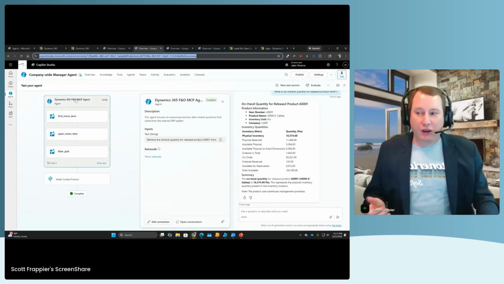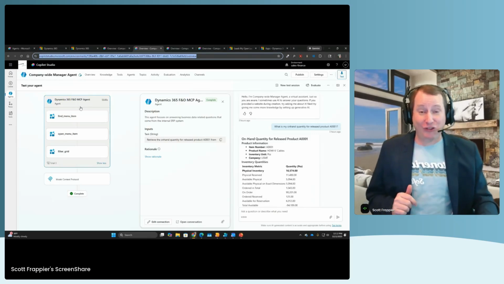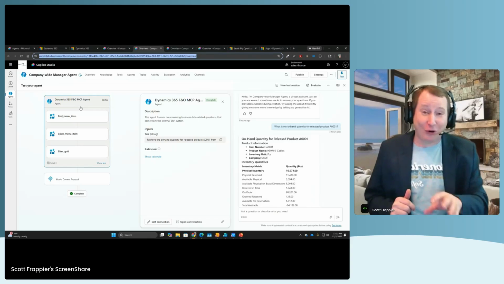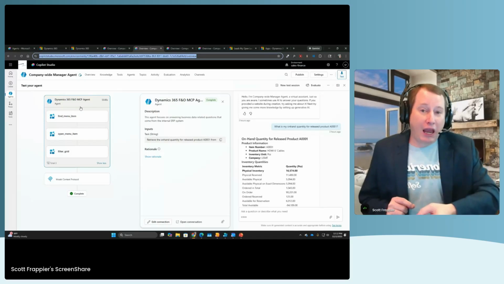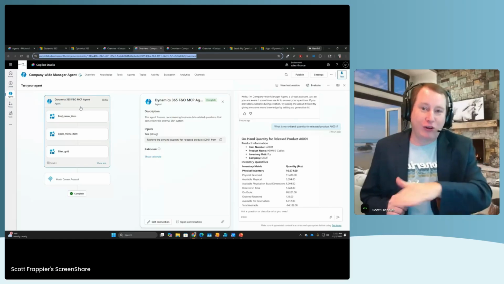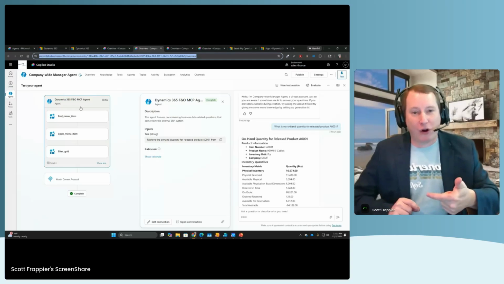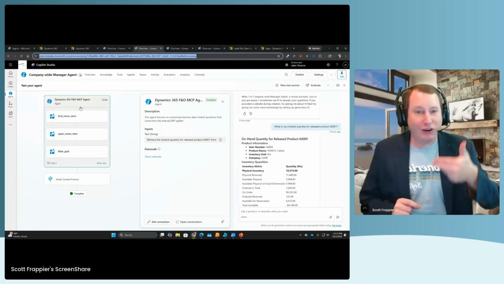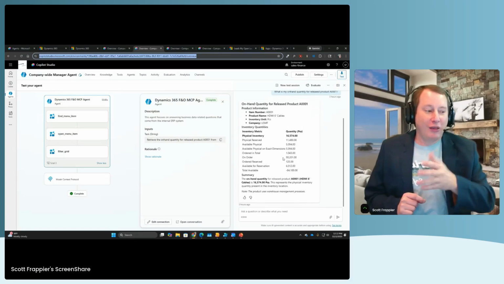So as you can see here, with that question that was asked, it identified that I need to go to the Dynamics 365 F&O MCP agent. And the MCP agent actually navigated the application. If you haven't heard about this, this is so cool. Not only did it call the right agent, but it called an agent that can navigate through the user interface. So it found, for example, the menu item that's our inventory on hand. It opened that menu and it filtered that grid down to give me the product quantity information that's displayed